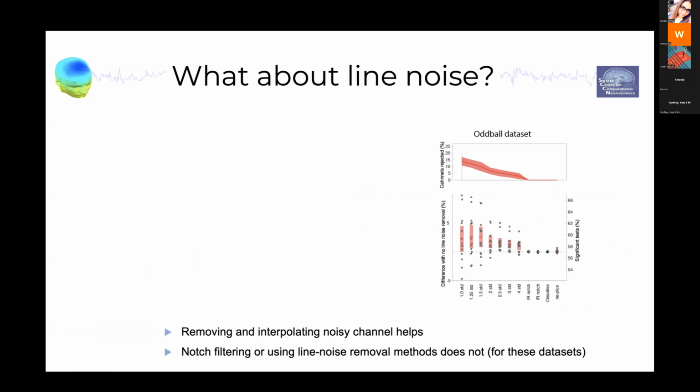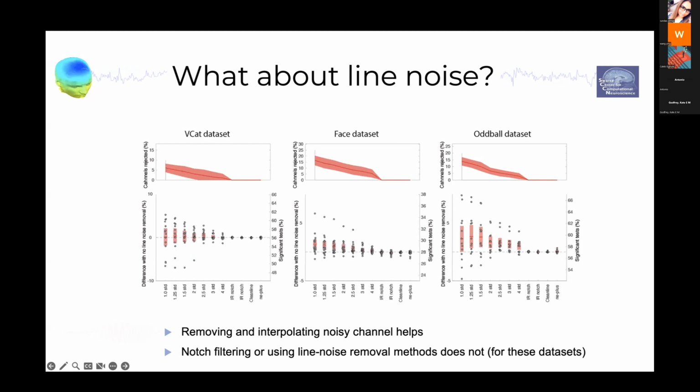But if you reject channels based on line noise, so which channels contain line noise instead of correlation with their neighbor, you do find that you can increase the percentage of significant channels. This was mostly visible for the oddball datasets. So the conclusion about rejecting bad channels is that at least using this metric, it doesn't help much except rejecting channels with tons of line noise. And this can